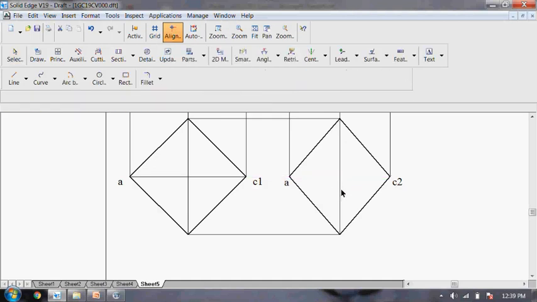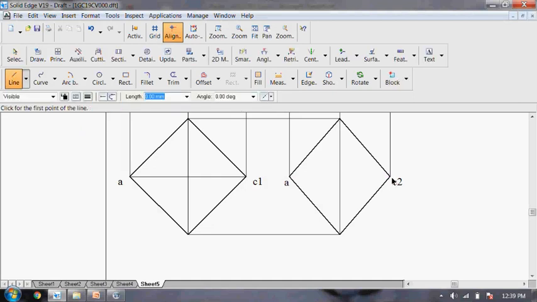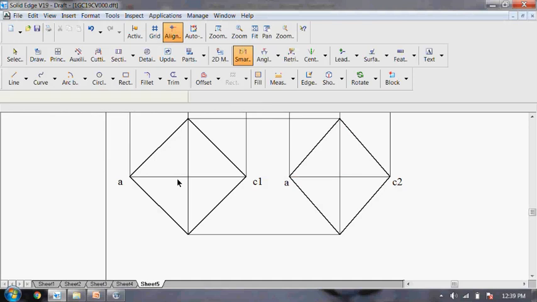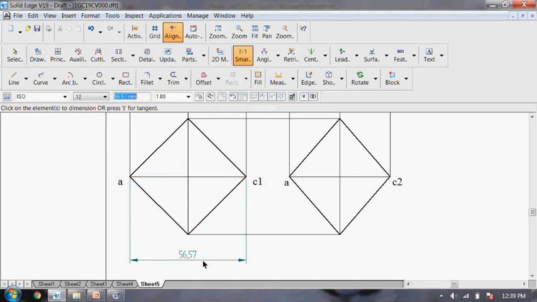So what you can do, you can delete this and redraw the line. So redraw the diagonal of this irregular shape lamina. Then using smart dimension, measure this diagonal of regular lamina: 56.57 feet. Measure the diagonal of irregular lamina, which is found to be 48.99, almost 49.